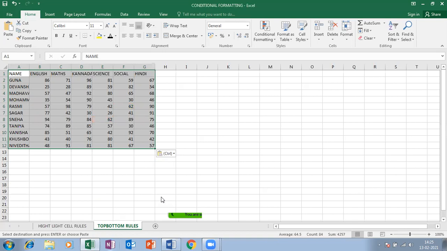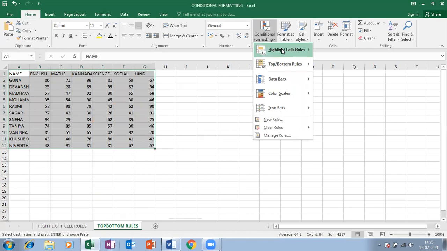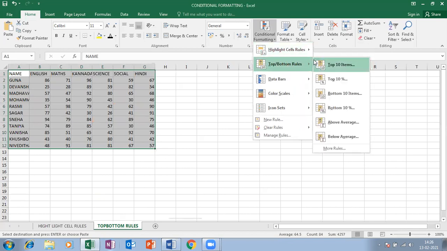Once you paste as values, just click on the home tab and then go for conditional formatting, top and bottom rules. So what all do we have? Top 10 items, top 10 percent, bottom 10 items, bottom 10 percent, above average, below average.